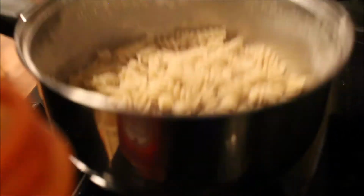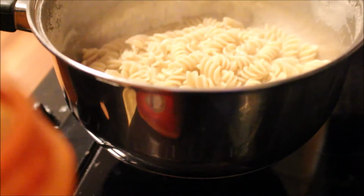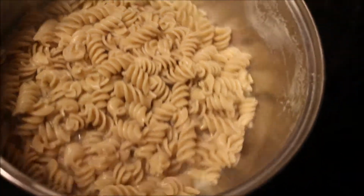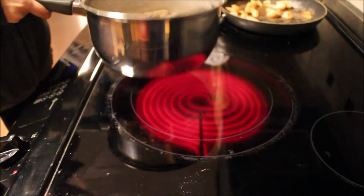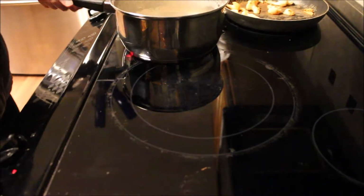Okay, once your noodles are done cooking, you are going to pour out like 95% of the water. You want enough left to coat the pan, maybe just a little bit more. I'll show you. Just wait. Okay, it's definitely a little bit more than coating the pan. But as you can see, it doesn't come over the noodles. It's just enough to have everything coated. Honestly, that could be a little much, but we're gonna roll with it. So, you're gonna turn your,